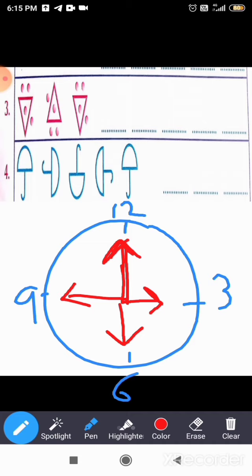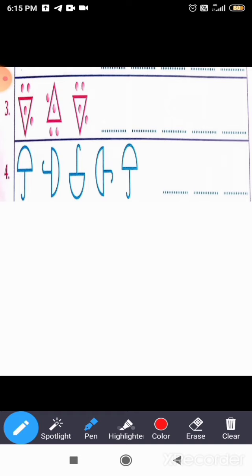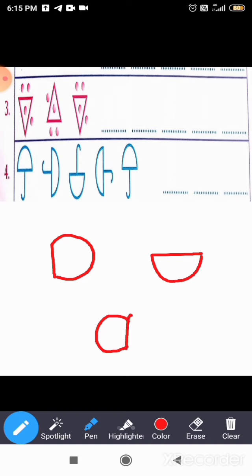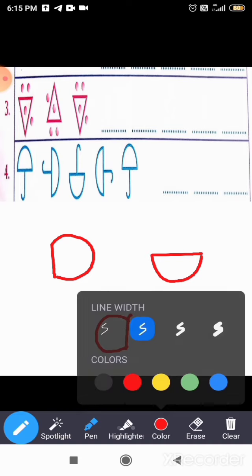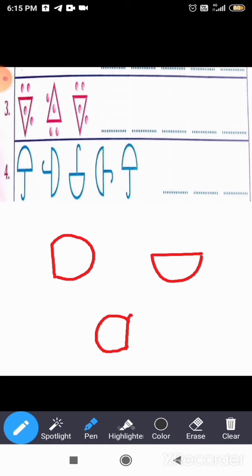So now it will come to 3, 6, and 9, right? No, because we have to find out 3 position. So now it will face 3, after 3 it will face 6, after 6 it will face 9. Now how the stick of umbrella is going to be? If you will see the stick, again it is moving in a clockwise direction. So the clockwise direction is this. Here it should be this. Here it should be like this. I hope it's clear, students. So now I will move to next question.